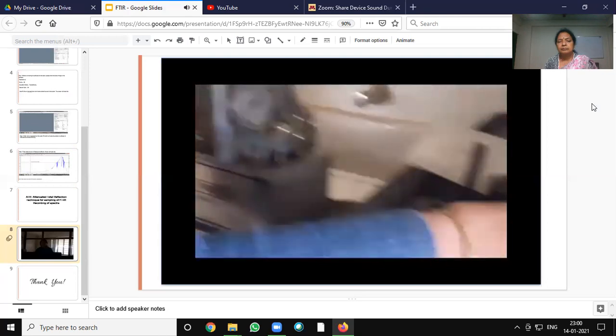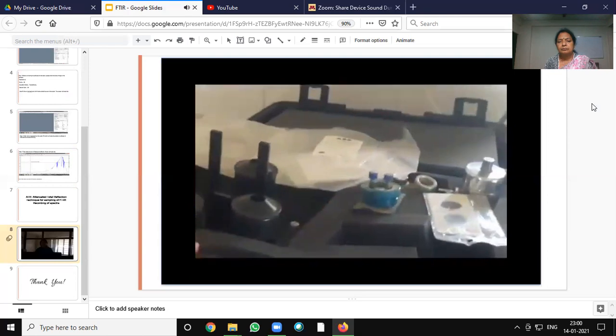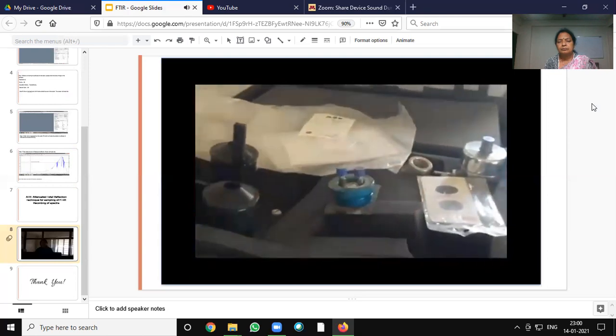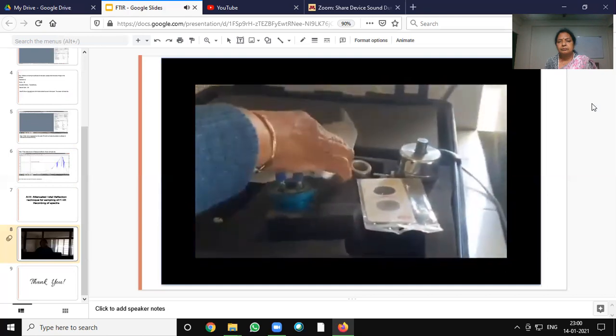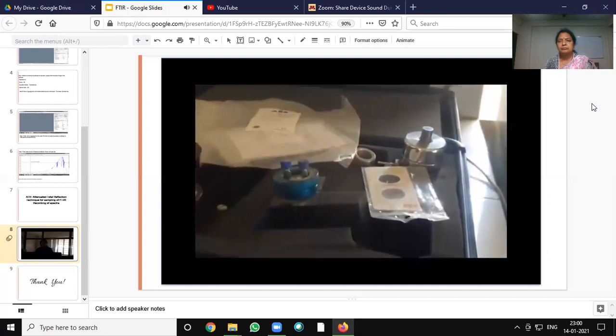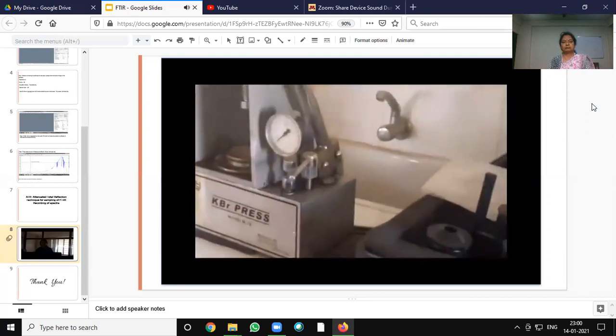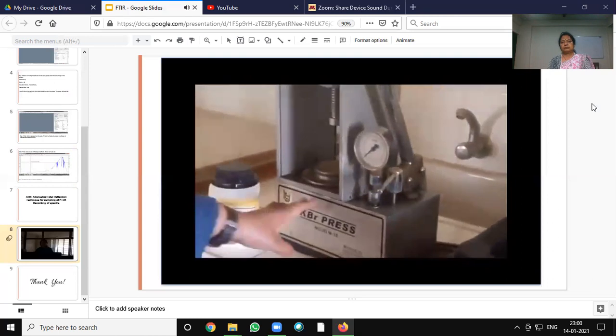So these are the accessories for preparing the pellets. And for liquid we use Nujol. So these are the accessories. Previously we did IR using this technique. This is the third generation technique.